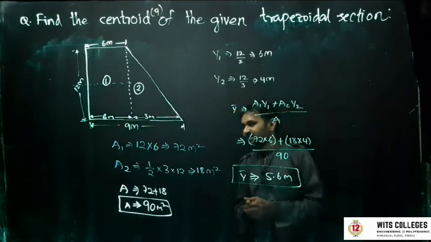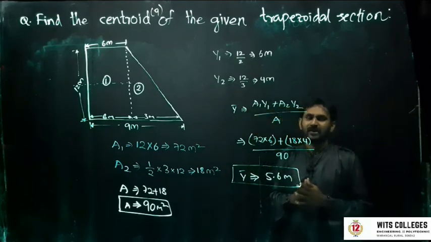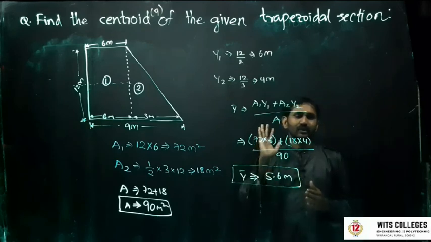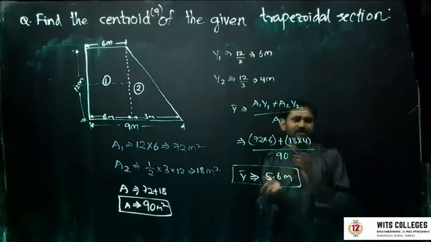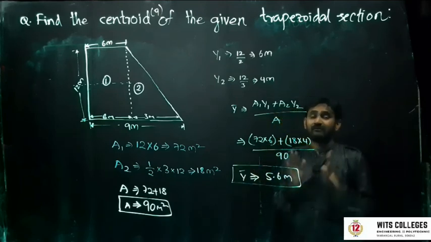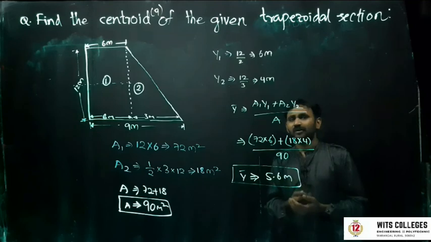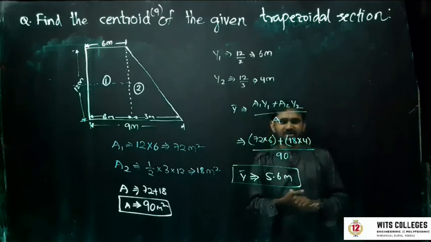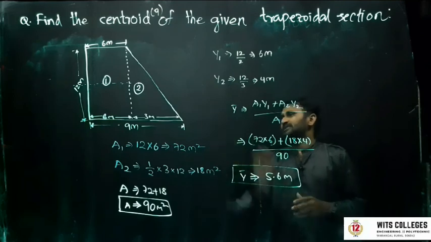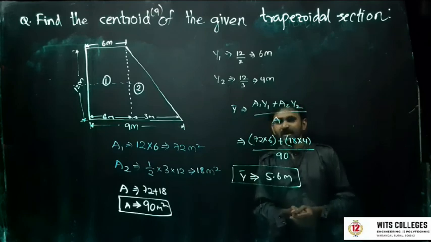It is very easy to understand, I think. So far we don't have many formulas, we are having only x bar and y bar formulas in the centroidal sections. X bar equal to a1x1 plus a2x2 plus a3x3 by capital A. Capital A is nothing but a1 plus a2 plus a3, whatever the sections will be, and y bar equal to a1y1 plus a2y2 plus a3y3 by capital A. These two formulas will completely rule the centroidal unit. From the unit of centroid we have seen all the sections so far. These are some of the basic rules to calculate the formulas, and this is your problem. I hope you understand, guys.